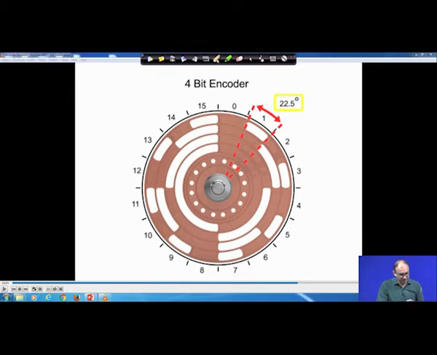If it is moving to this location, now see this becomes opaque and this becomes transparent, and if you continue, this third position is changing. If you continue, these two become opaque and this is transparent, that is the second track starting from the center. So, after every 22.5° rotation, you will get one unique signal, and that is where you can get the power output.